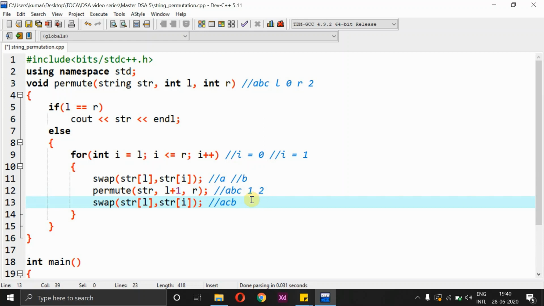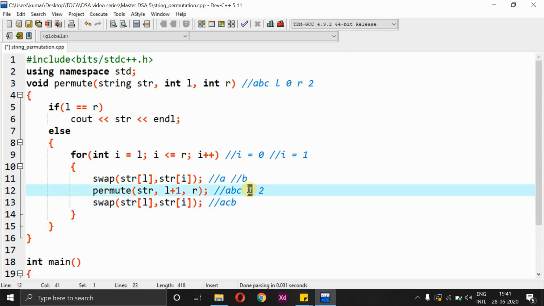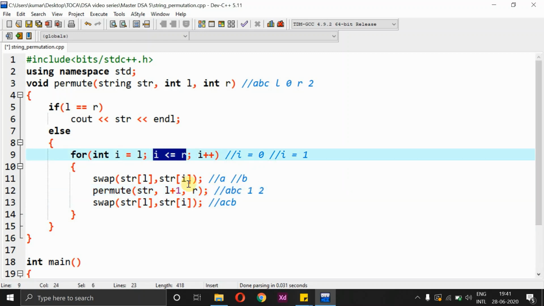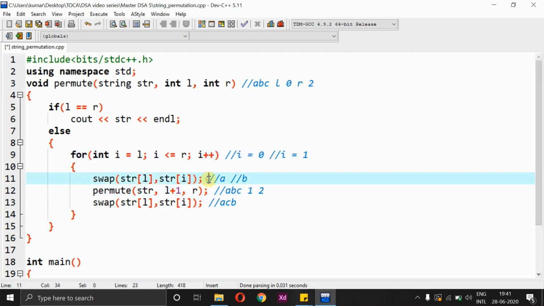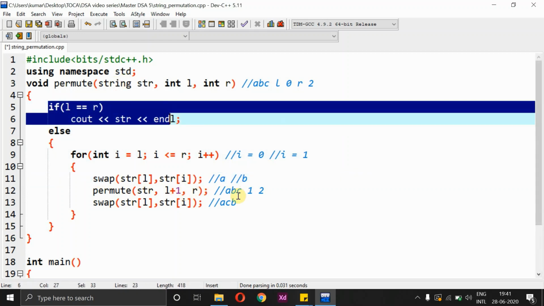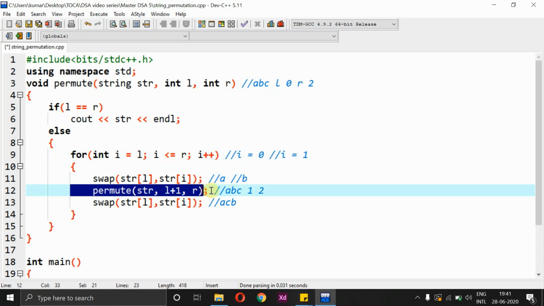When it comes with A, C and B, again I'm going to increment the value of I. In this case, we know that I value is equivalent to 1, right? So it actually works as a permutation method. So when it comes back to the same part, I value will be incremented once. As a result, I and R will be same. So when I and R are same, there won't be any changes over here. And again, when I move back to the if condition, when I call back using line number 12 for the same recursion process, left and right value will be same. So you are going to print A, C and B now, right?